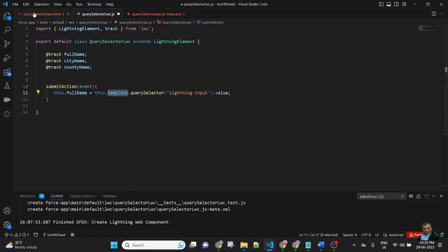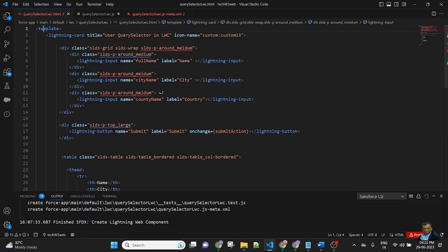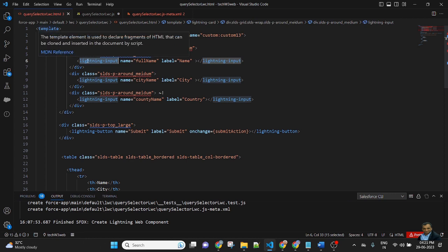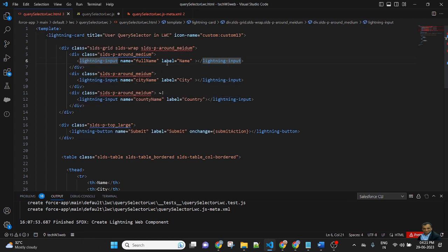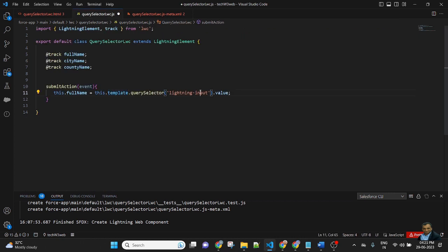This.template means this.template and this lightning-input field, the value of the input field. So the value will be fetched by default, and this is stored into the full name.